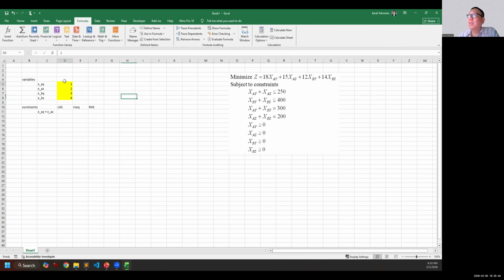If you do that, you will have this. Can you see this one is XAY, here is XAZ. It will give a name to this cell. Are you okay with this or not? So that is giving names to variables in Excel.